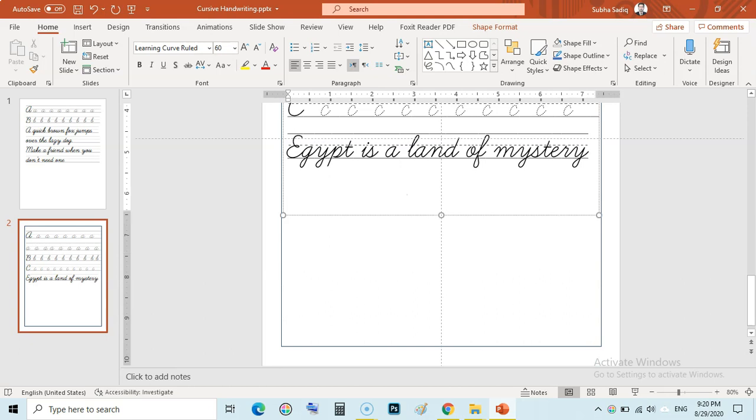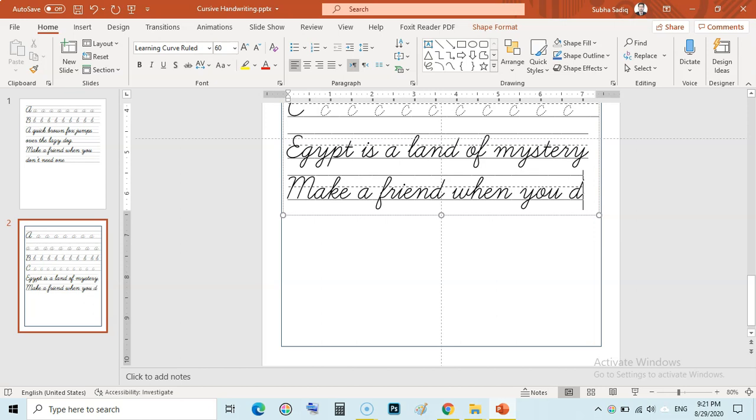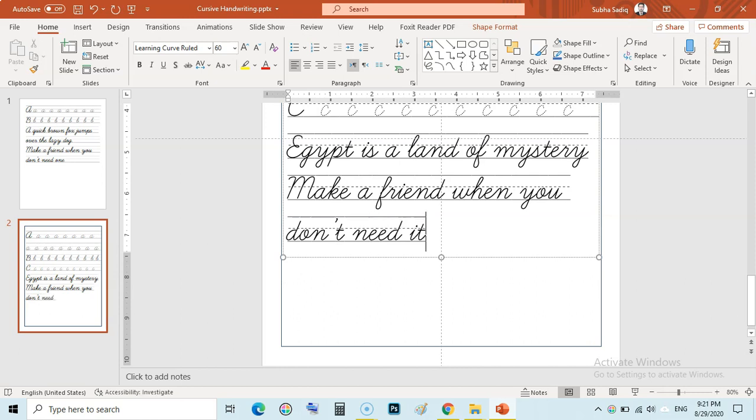Then we will go here, type: make a friend when you don't. This is a quote, no need for it. This is a quote. You can write or create cursive handwriting books of quotes and things like that.